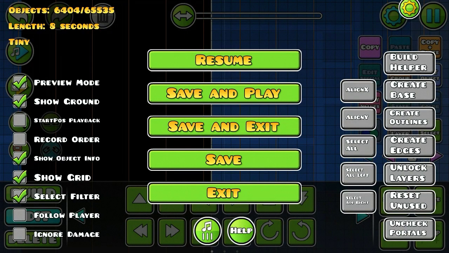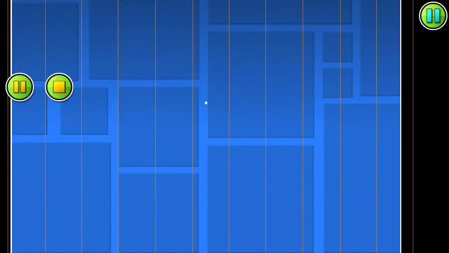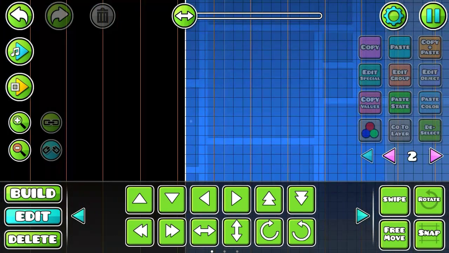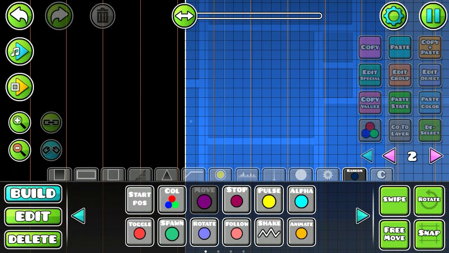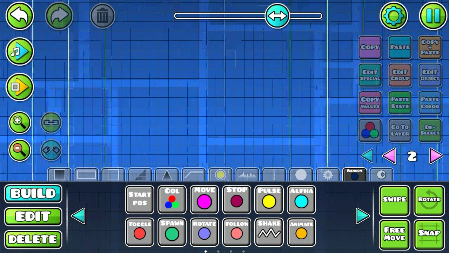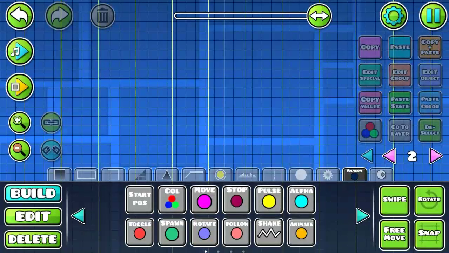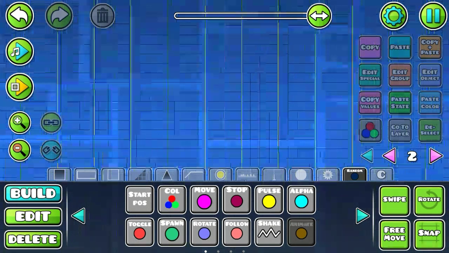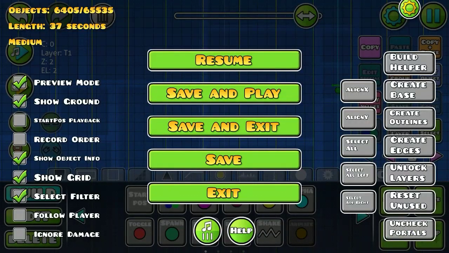And if we go into the level, but before we do that, the reason why I usually scroll all the way to the edge and put a random trigger down is that right now, as you see, this is only 8 seconds. So if we start, it's going to pretty much end immediately. But if you grab a random point and set at the edge, it extended the time to 37 seconds. And that way it won't just end immediately, but that's just me being me. So now if we go into the level,